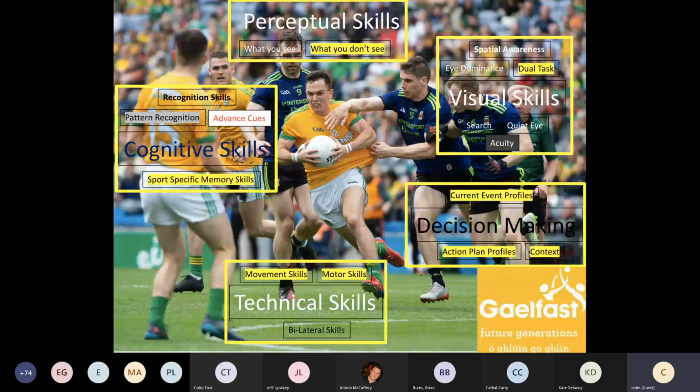I came across this slide years ago as a tutor, and it's basically what our goal is when we get our players on the pitch: can we arm them with as many of these skills as possible? You have your perceptual skills, what you see and what you don't see. You have your visual skills: spatial awareness, eye dominance, dual task, search, and your quiet eye. Your quiet eye is a little bit like peripheral vision, being aware of what's coming to the